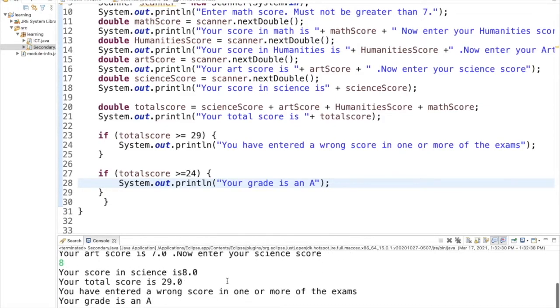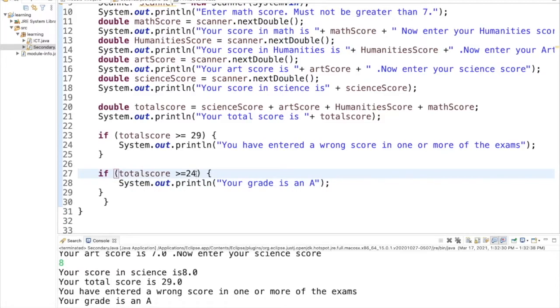You have entered the wrong score. Well, if the total score is 29, it should say you have entered the wrong score in one of the exams. It shouldn't say your grade is an A. So there's a problem with this condition that we are checking for 24, right? So what we need to do is say if your total score is greater than or equal to 24 and, all right,